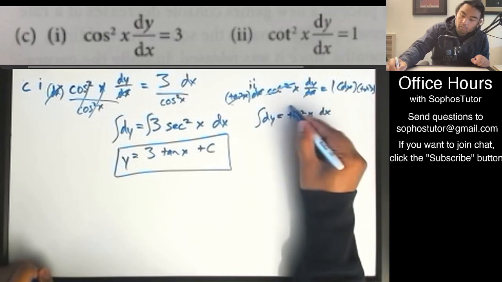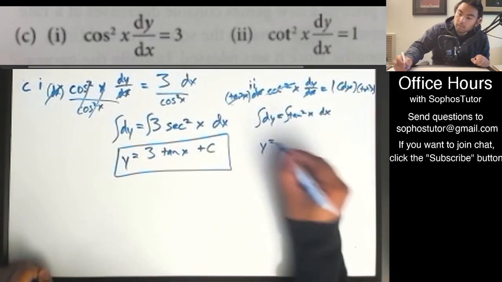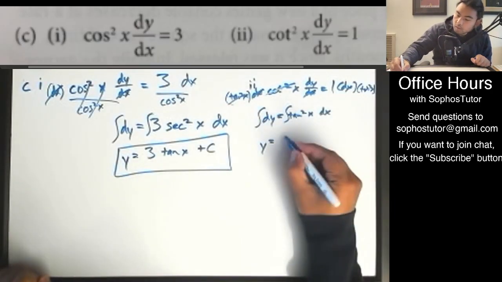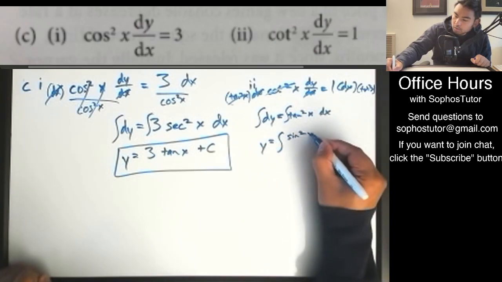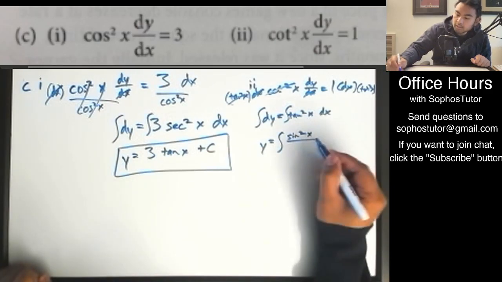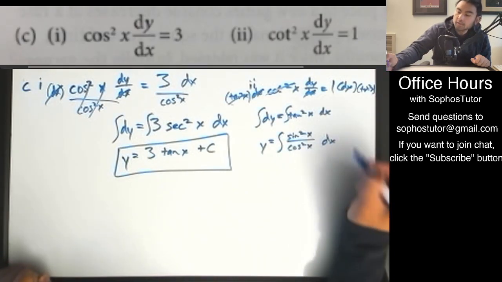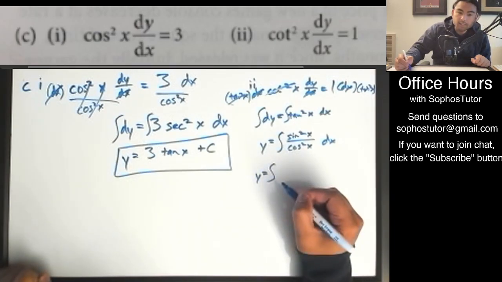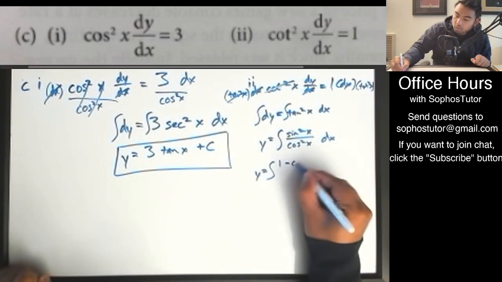So now we're going to integrate both sides. The integral of dy is simply y. The integral of tangent squared x is a little bit more complicated. We're first going to turn tangent squared x into sine squared x over cosine squared x dx. Okay. We're then going to use Pythagorean identity to turn the sine squared of x into 1 minus cosine squared of x